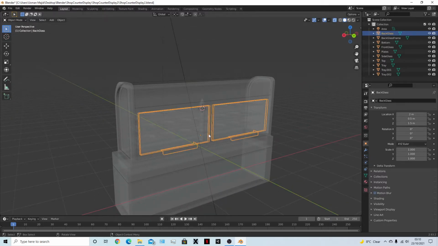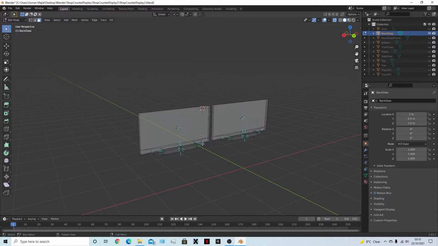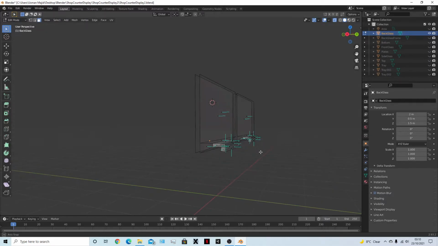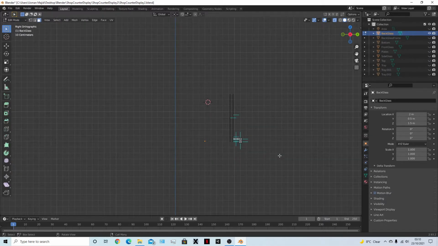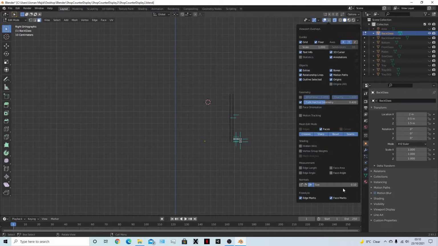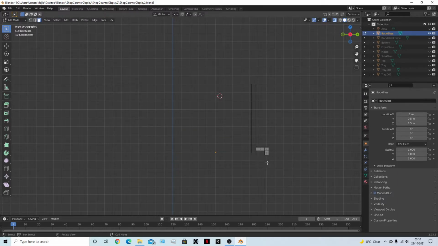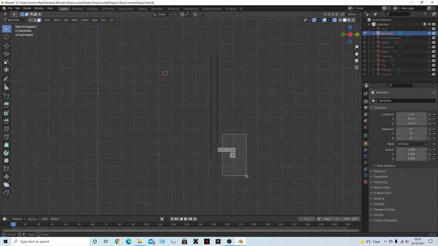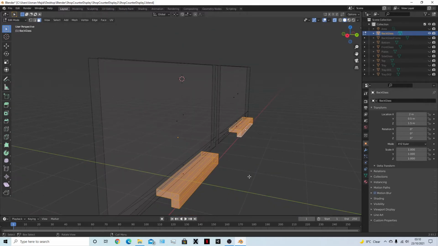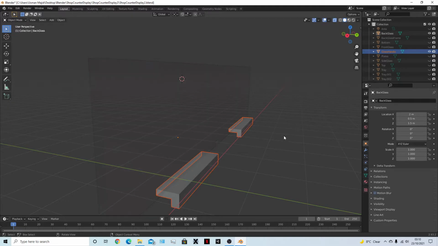You know what, I'm gonna change. Let's just look at it from the side, and let's just hide this. What I'm gonna do is select all these faces, and then separate the selection. Let's just call this one glass handle. Okay, so if I hide these,